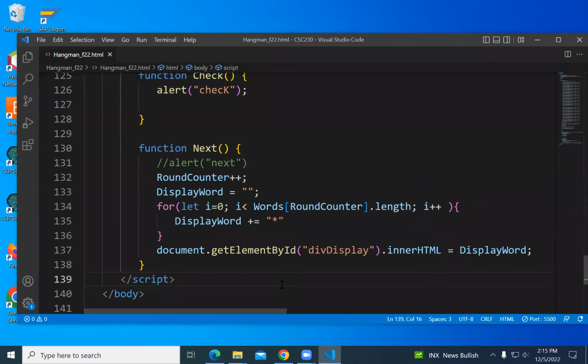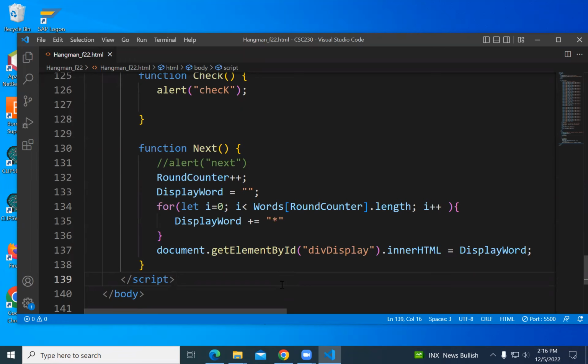So how are we going to do this? We increment round counter. Do you want, when they read the last word, to say that's the last word when they start the last word, or do you want, when they try to move to a next word, to say sorry, out of words? How do you want to handle it?